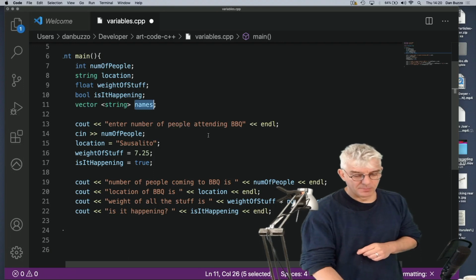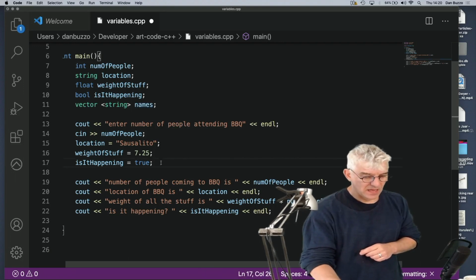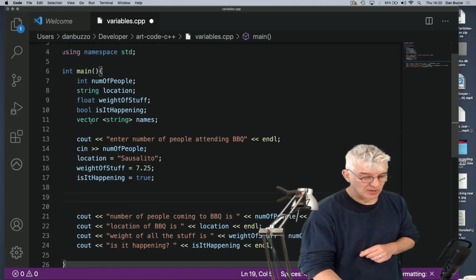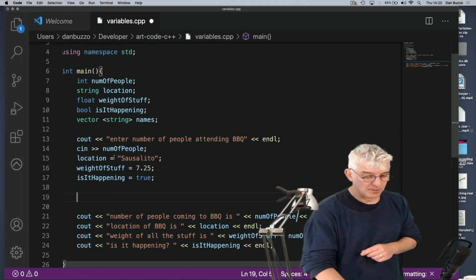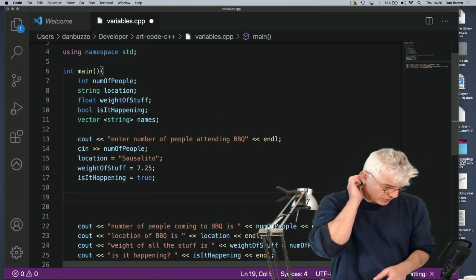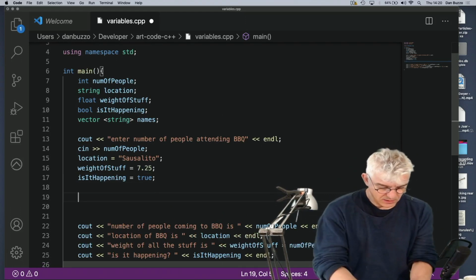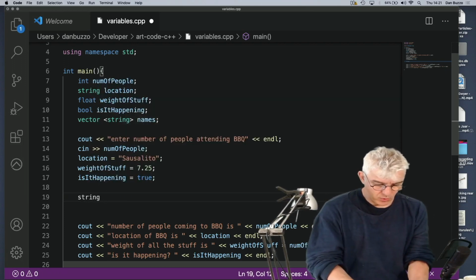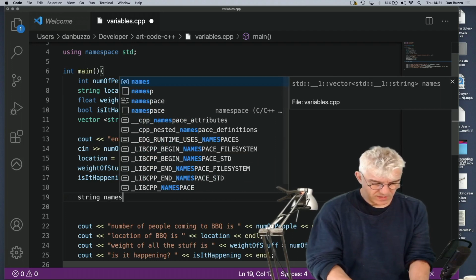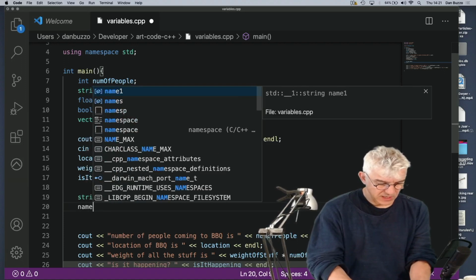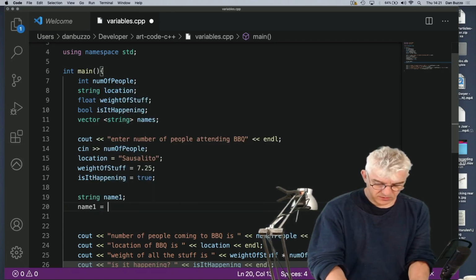Enter the name of people attending the barbecue, and I'm going to just manually put in a couple of names here. So we've said enter the number of people, enter the location, and I'm just going to manually put in two names as an example. So I'm going to make a new string called name1, and I'm going to say name1 equals